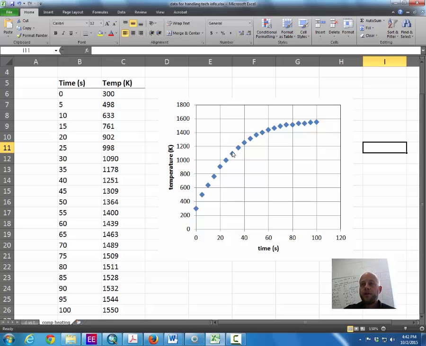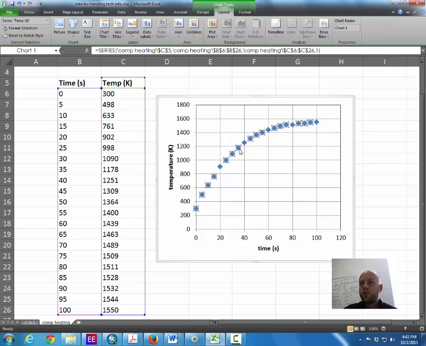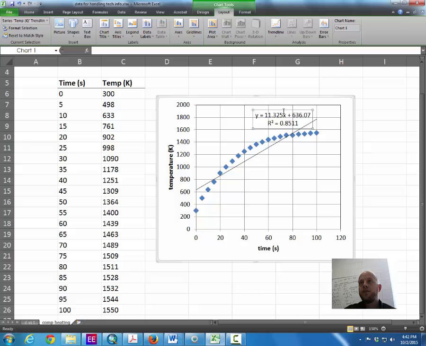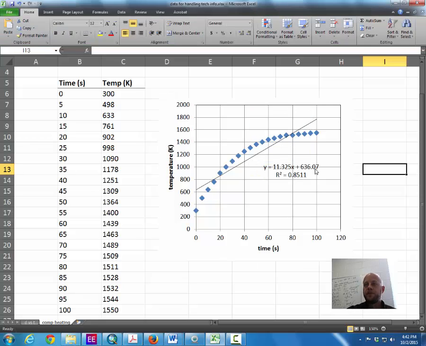Example 1. You'll click the data, then right click on it, go to add trend line, and if you want to you could put a linear one and you could see the equation R squared on the chart, but this R squared is not that great. 0.85 is a little low. You can see the line doesn't really, it misses a lot of the data there, so we can change the trend line